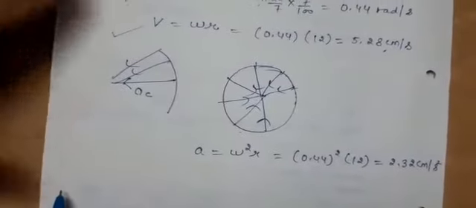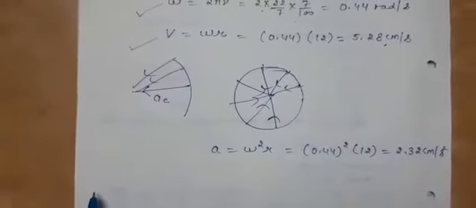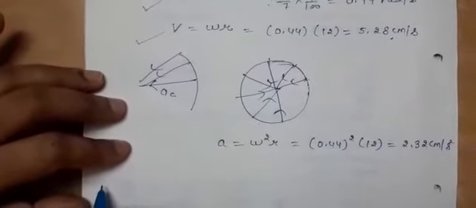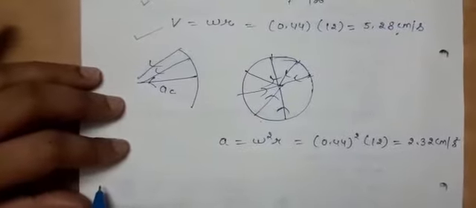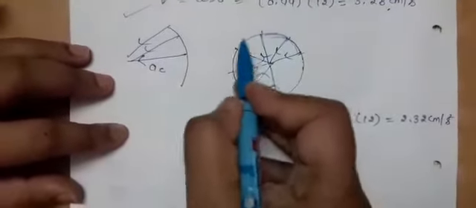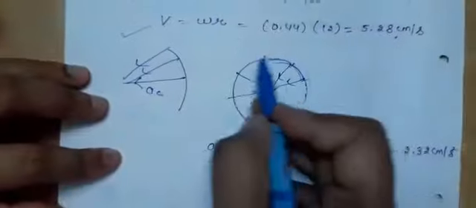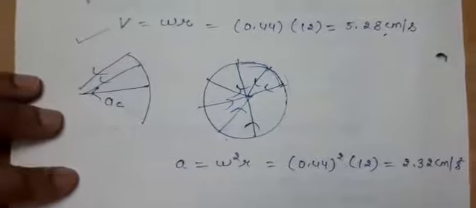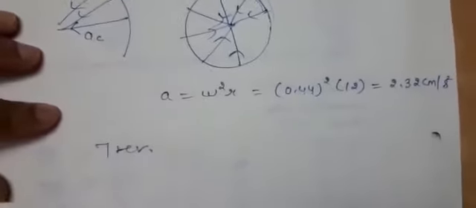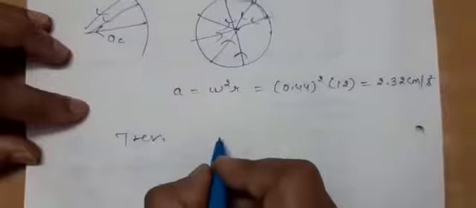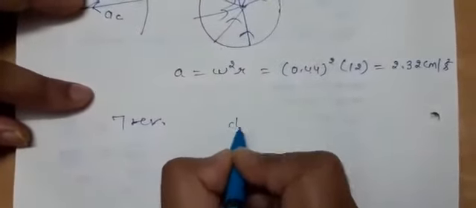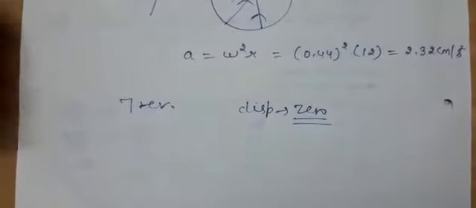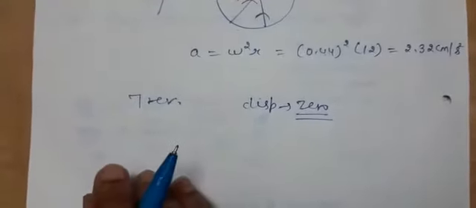right? So the statement seems slightly difficult, but if you understand the concept, it will not create confusion. Last part, what is the linear displacement? See, as this insect is moving, covering 7 revolutions, it completes each revolution reaching back to the same point. After 7 revolutions, the insect will come back to its original, initial position. So the total displacement, that means linear displacement, will be 0. That's why we have calculated the linear displacement as 0.